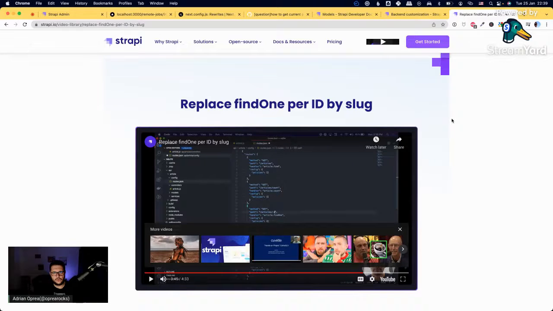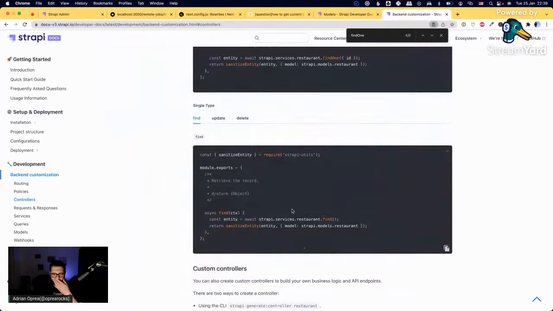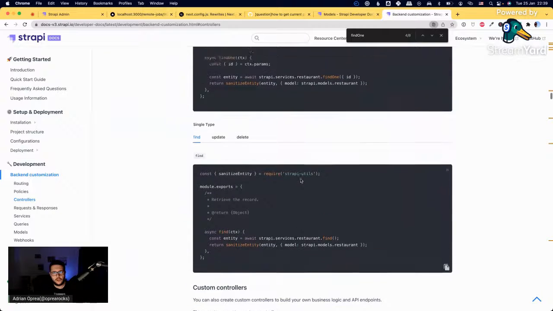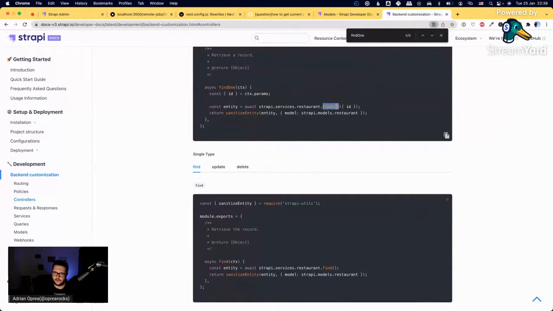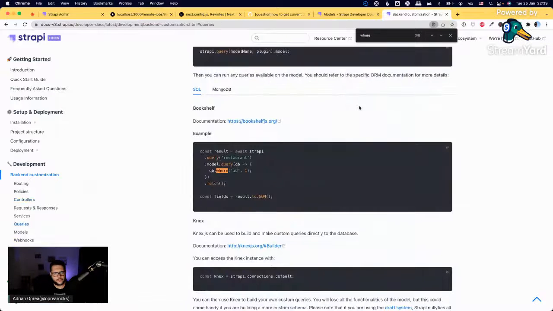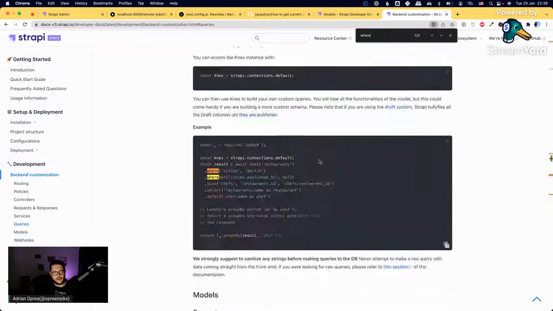Okay, so I think I need to learn something else. So instead of find one, is it like where? Query builder, right. So I think that this is where I'm actually looking for. Where